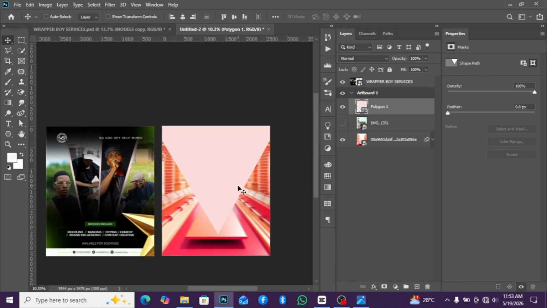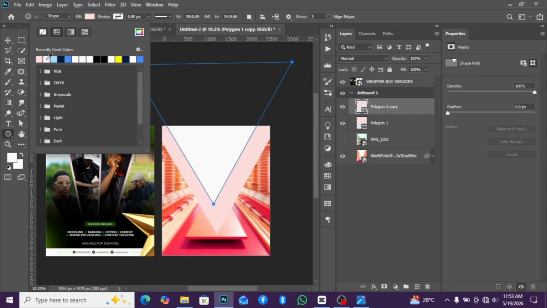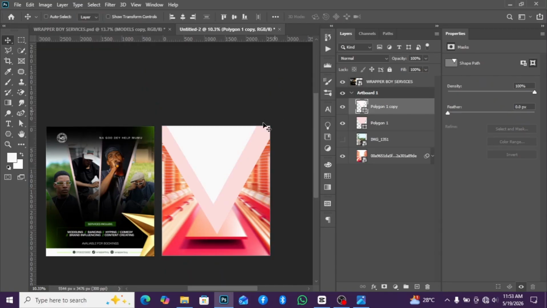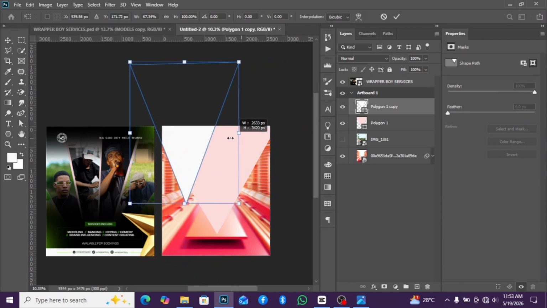And the next thing I did was to start copying it. So Control J, and let me change the color. Click on your shape again, because we will not see the property here. Then let me change the color to white, so I can see what I'm doing. So Control T, hold my shift and drag,